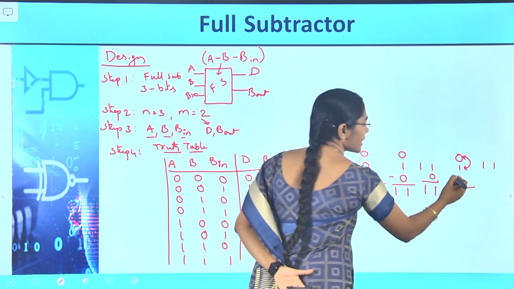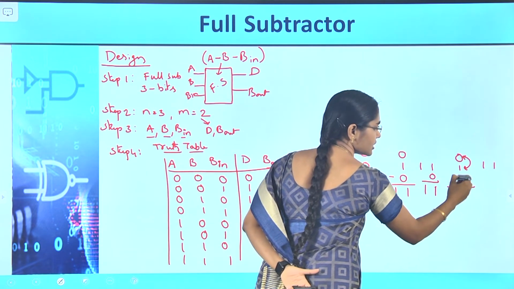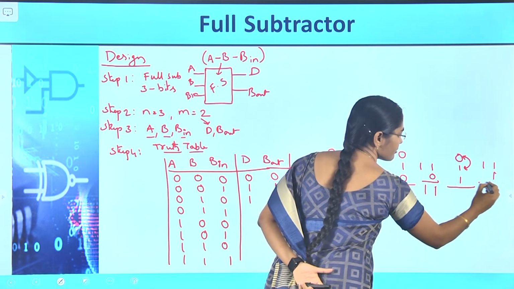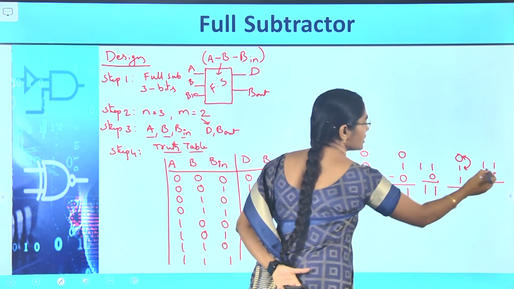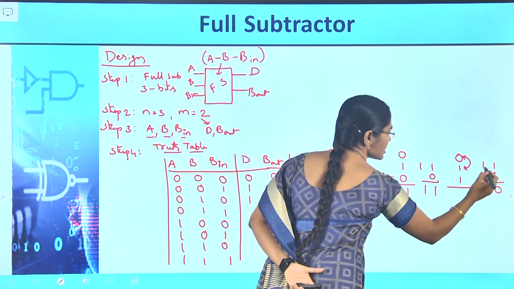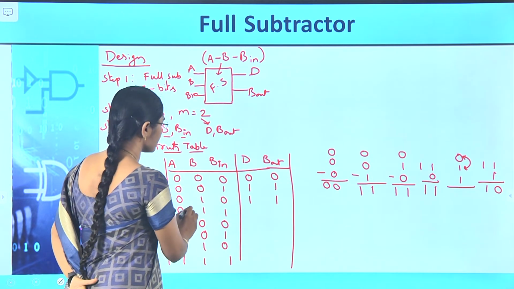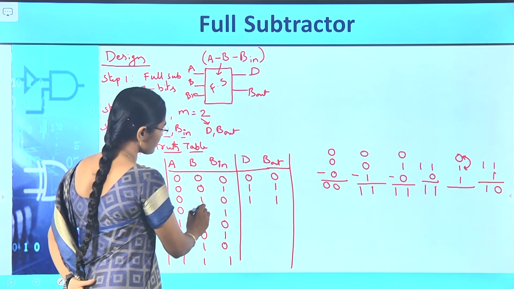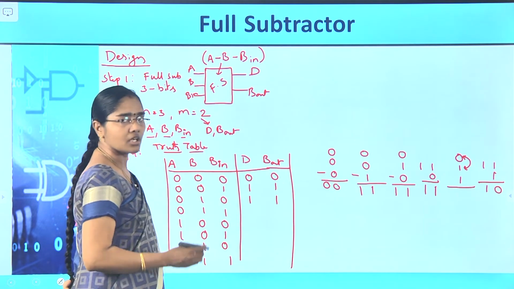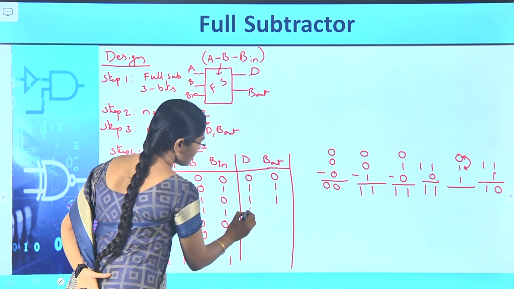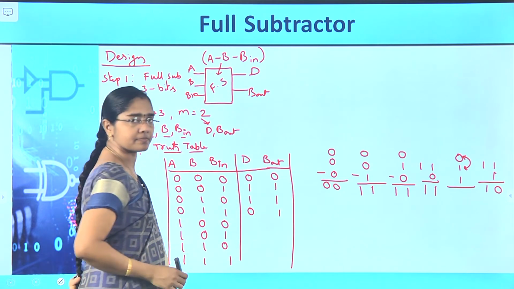Now take the subtraction of this third bit from the difference. Difference and third bit. 1 minus 1 is 0. This is the difference, and borrow is 1. So if we subtract 0, 1, 1, that means 0 minus 1, and from that again minus 1, we are getting as difference 0 and borrow 1.